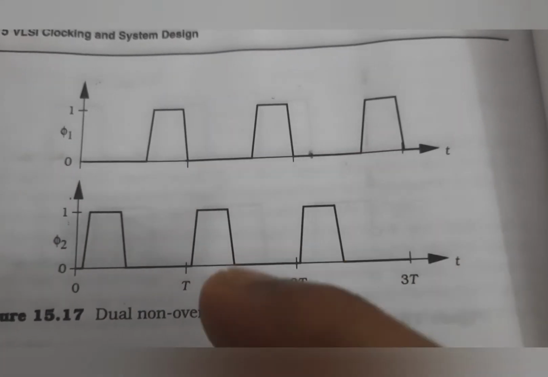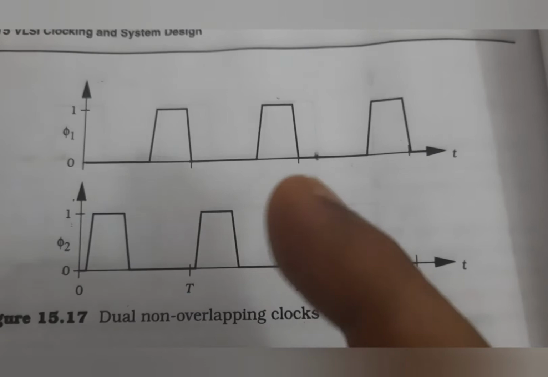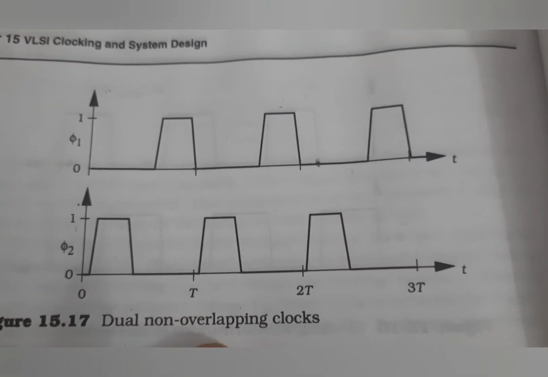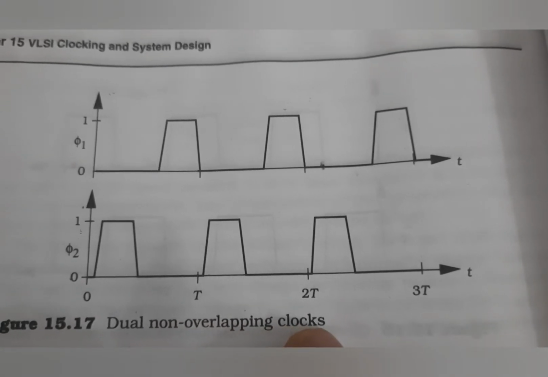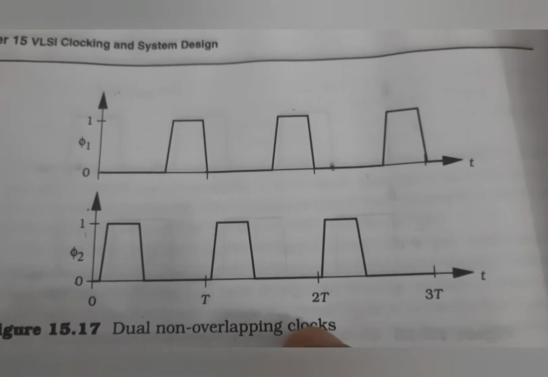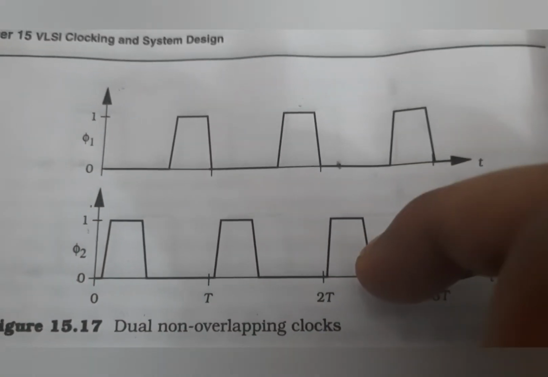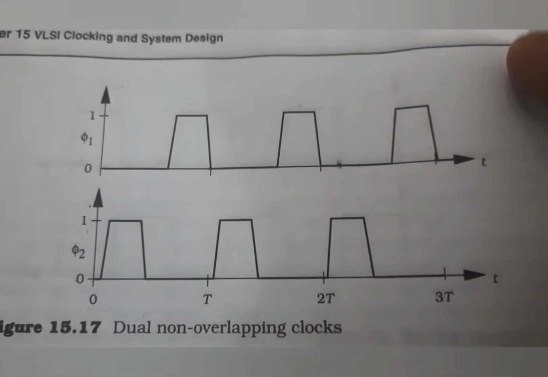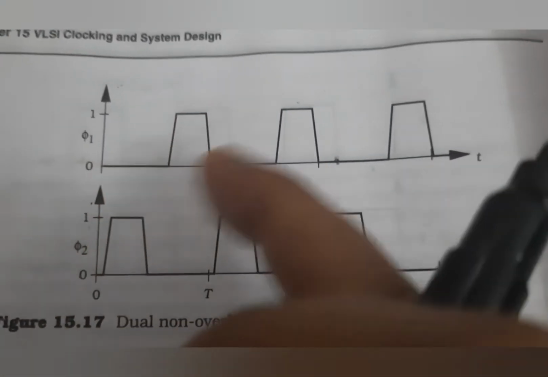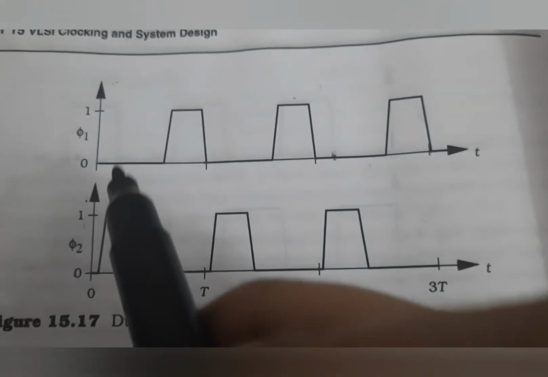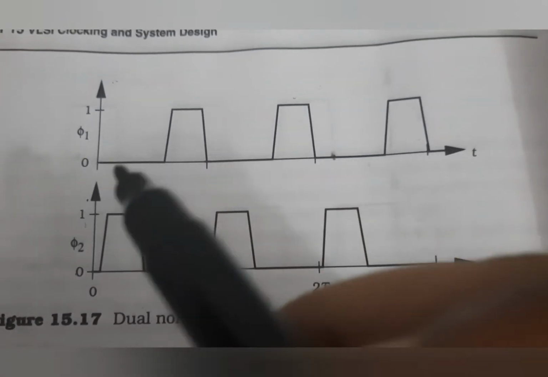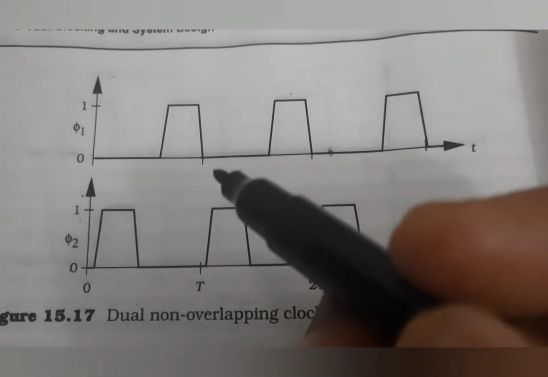So we can avoid this skew and also the overlapping clocks, and this is the best method in CMOS clocking, dual non-overlapping clocks. Here also the condition for non-overlapping clocks is that the multiplication of these two signals must give the result 0. But the duty cycle, the period of 0 and 1, you can define that value. If the 0 takes less or the 1 takes less, you can define any value for this clock.